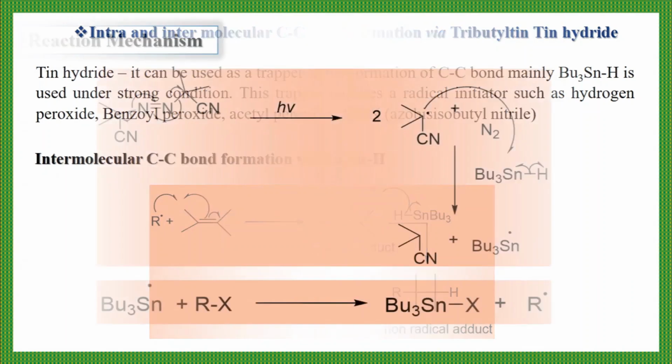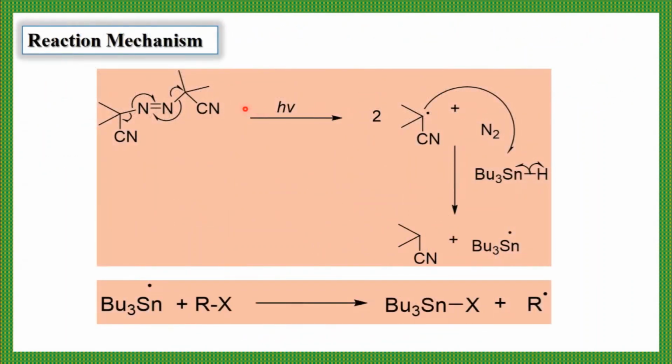Now you understand the role of tributyltin hydride. It requires the initiator, so in the presence of AIBN, it generates the tributyltin radical. Then this tributyltin radical generates the R radical from RX. RX is your alkyl halide, the general formula for an alkyl halide. Instead of R, it may be ethyl, methyl, propyl, or butyl. You can generate a variety of alkyl radicals from alkyl halides.